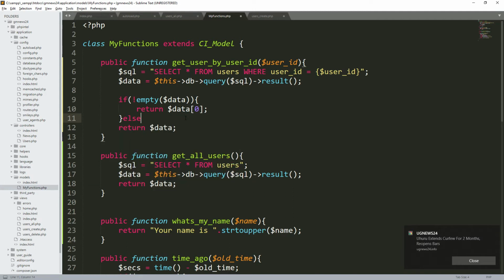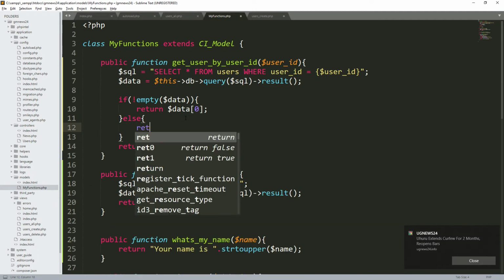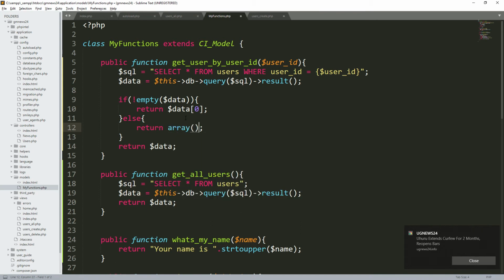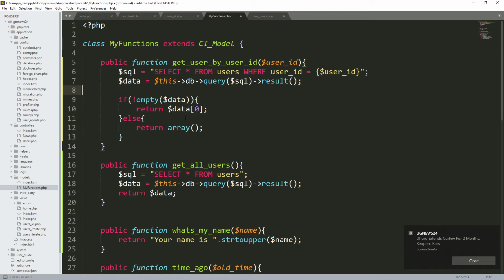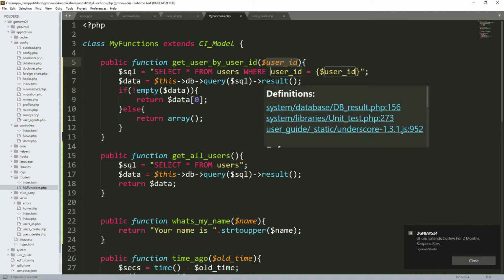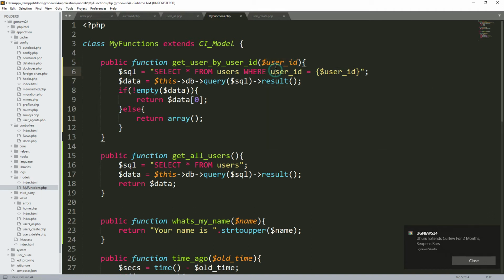So else, if it is empty, let me return an empty array, maybe like this. So that's an empty array. So one of the two. So if you're calling and you're expecting a particular record, one particular record, you should always return a single object, not a